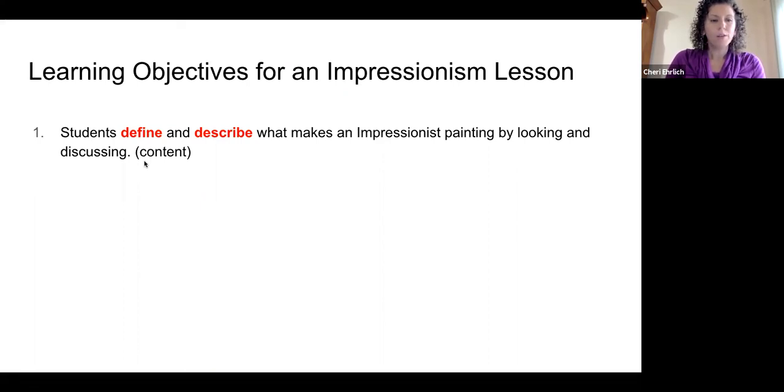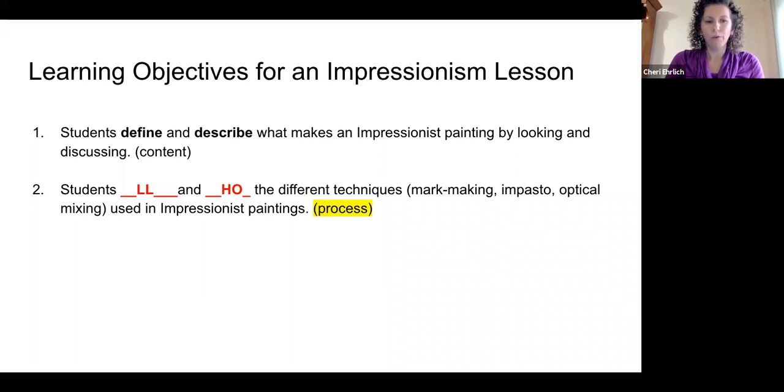So that's the first activity that we start with. So now in this lesson, we'll go to the next activity that we'll do. And in this activity, students will be practicing the different techniques used in Impressionist painting, right? Whether that be mark making, impasto, or optical mixing. And they'll be focusing on the process. And so I want my verbs to be in the lower level categories, but maybe moving towards the higher order